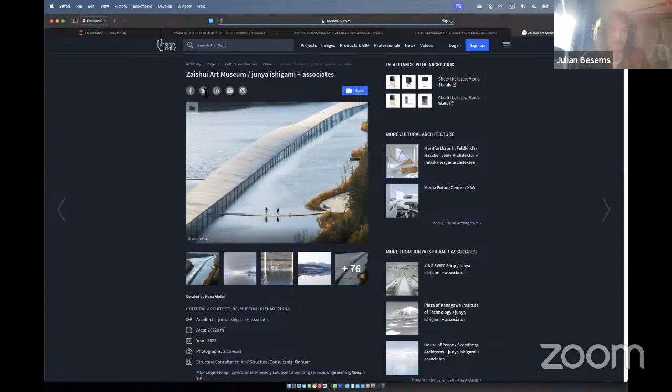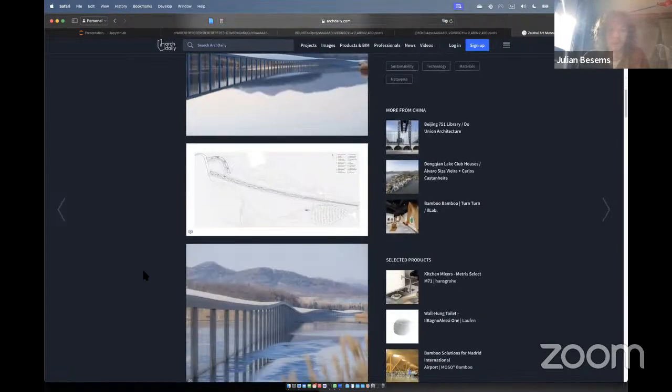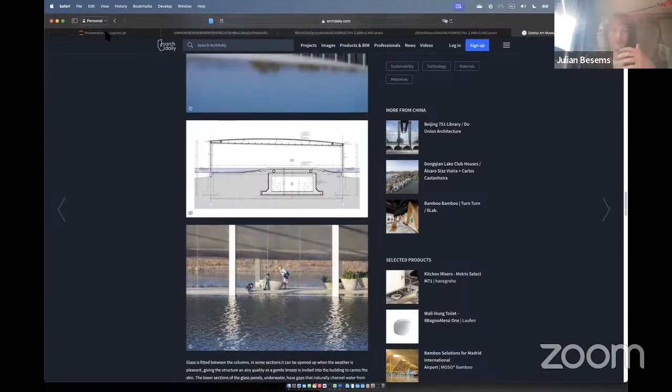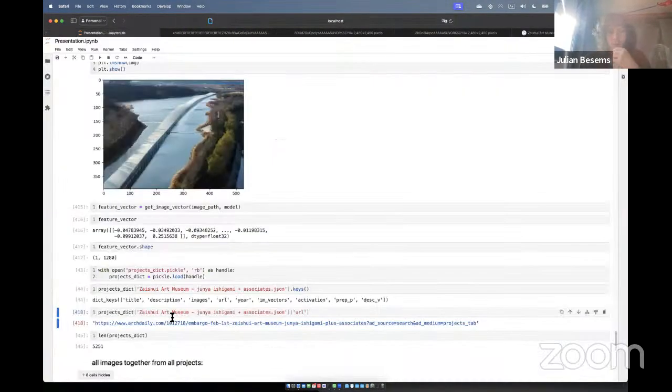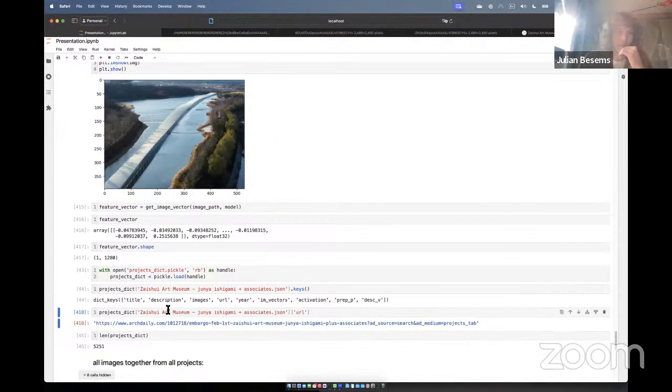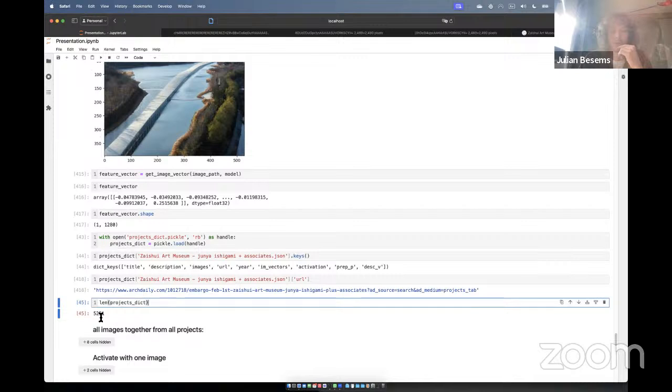What happened for the dataset is I took all the images that are on here and all the text descriptions and saved all of that so that we can start looking at this overall domain of information of the last 3 years of ArcDaily, which ends up in 5,251 projects. So it's not a huge data set, but it's sufficient to be able to say something about them.